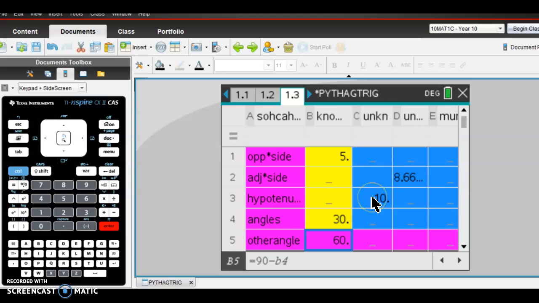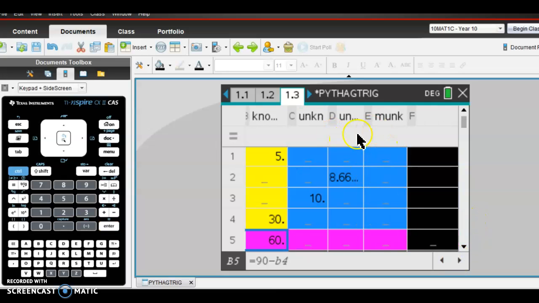And the advantage of this, of course, is you actually get both other sides. So be careful. Make sure you choose which is the answer that you require. And at the same time, it calculates the other angle, so you have all three angles. Remember, it must be a right angle triangle. Furthermore, don't forget sometimes you might have to scroll across because it could be in the latter parts of this